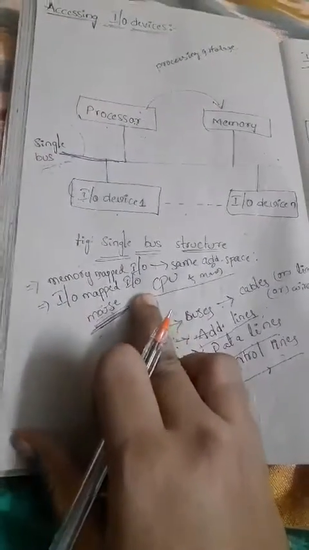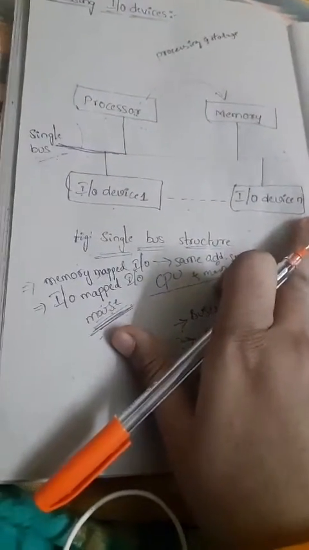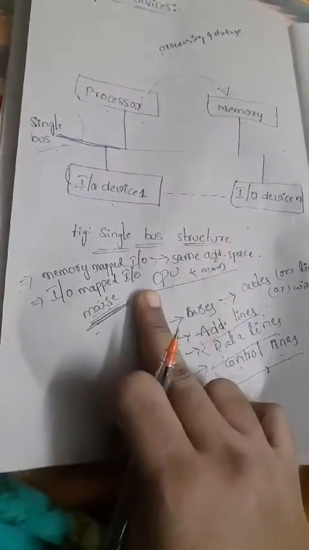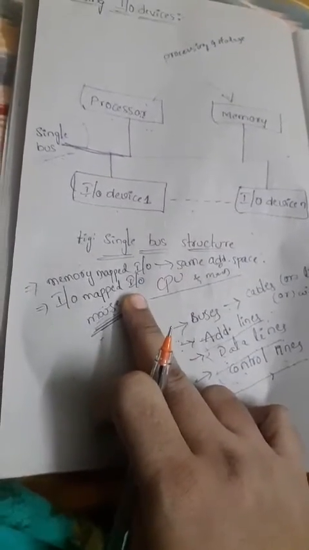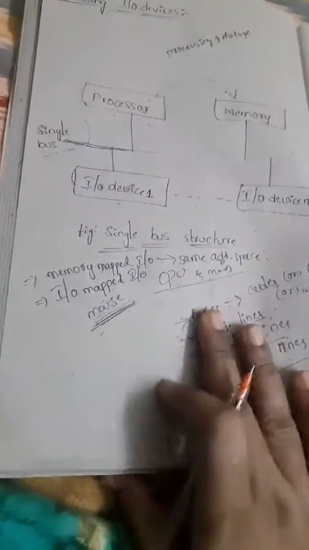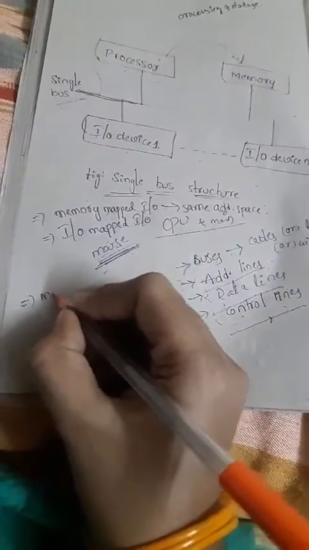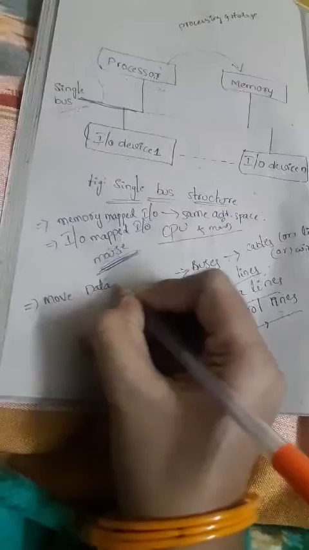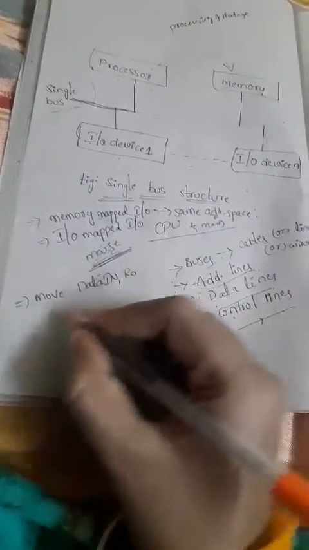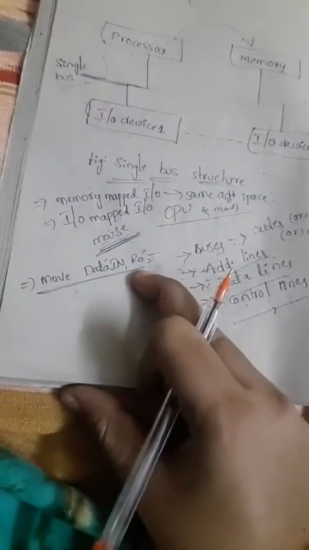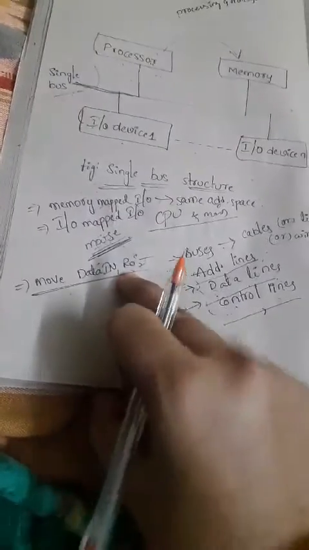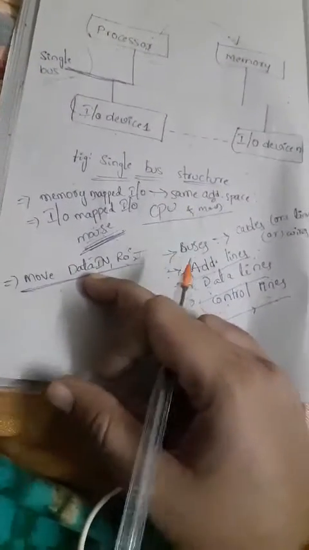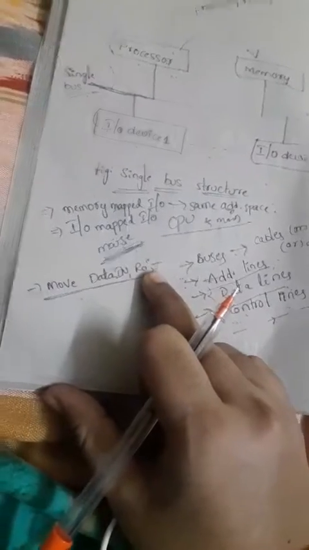And IO mapped IO means here we have n number of input output devices having the same address space. Here, just see some instructions related to this input part. You already know how to write instructions. Move data in comma R0. How can we explain this instruction? It reads the data, or moves the data, from the data input register, then it is sent to R0.